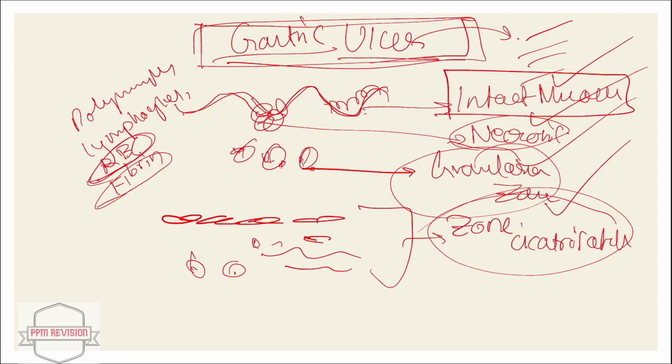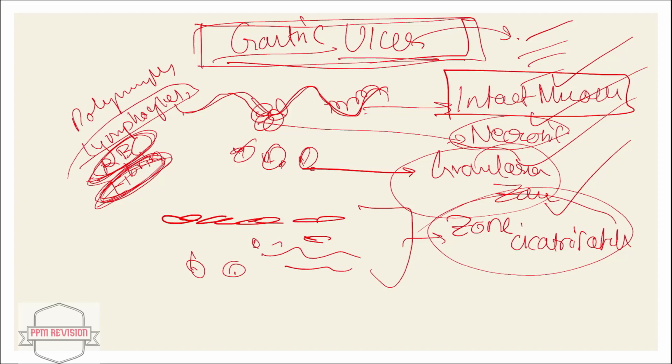So let's repeat. There's presence of fibrin, RBCs, and lymphocytes. Beneath this zone, there's a zone of necrotic granulation tissue. And beneath this, there's a broad zone of healthy granulation tissue, and below there is a fully formed fibrous zone,